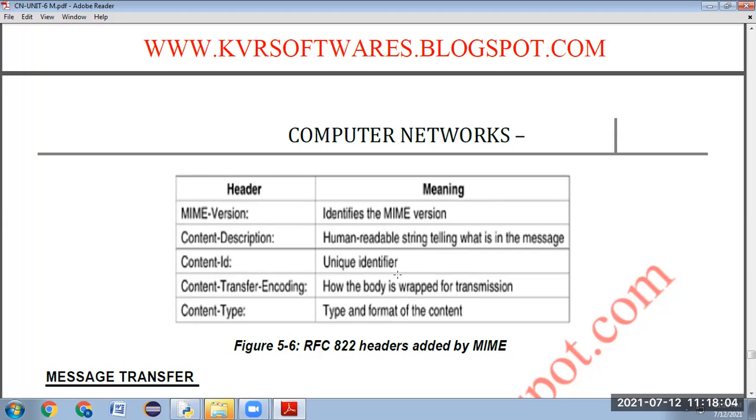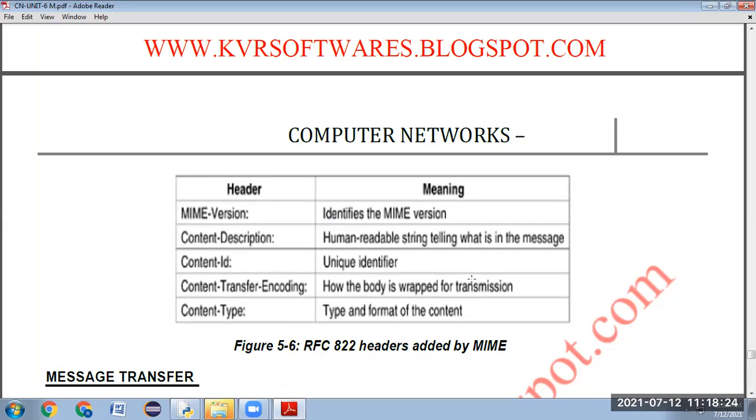MIME version is used for identification of the MIME version. Content description is a human readable string telling what is in the message. Generally, we call this content description the subject. Next, content ID is a unique identifier. Content transfer encoding explains how the body is wrapped for transmission.